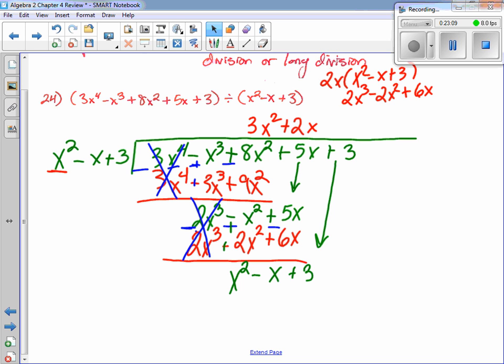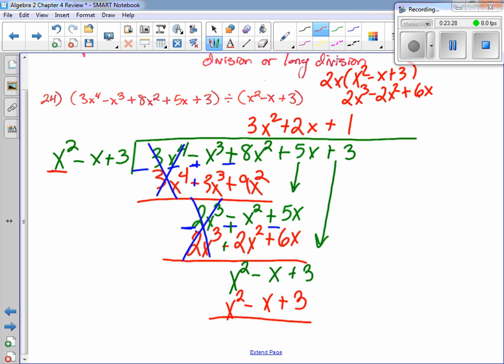Any questions on any of this here so far? You good with this here? Okay, now what times x squared gives me x squared? 1. I'm just trying to figure out how did you, at the first assessment, come up with 3x squared? What times x squared? We get it. 3x. Oh, okay, yeah. Yep. And if we do our final subtraction,